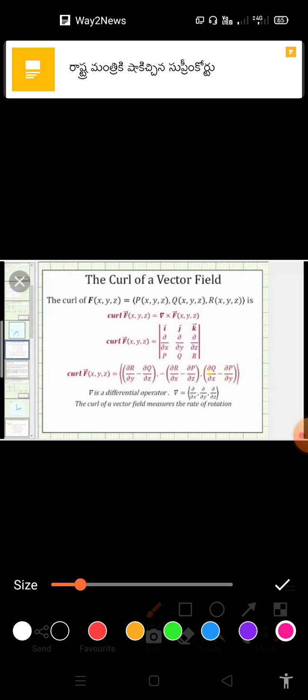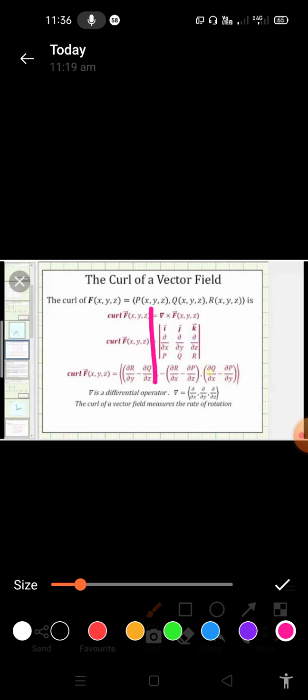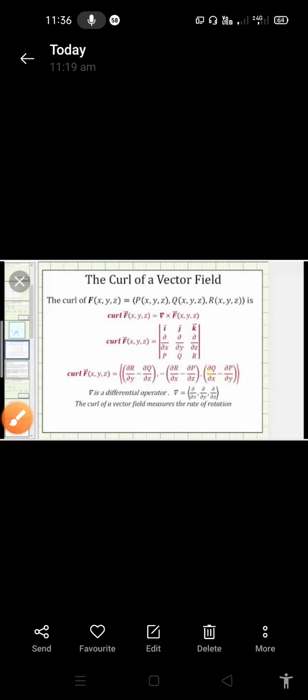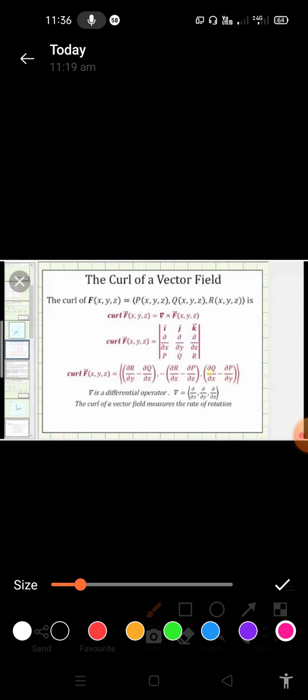So the curl of a vector field formula is the determinant of i, j, k, ∂/∂x, ∂/∂y, ∂/∂z, Ax, Ay, Az. Now how to find out the curl of a vector field? See here, the first value is i. The first value is i into,